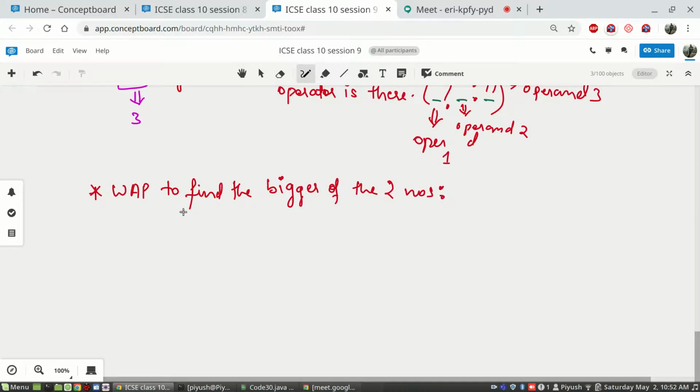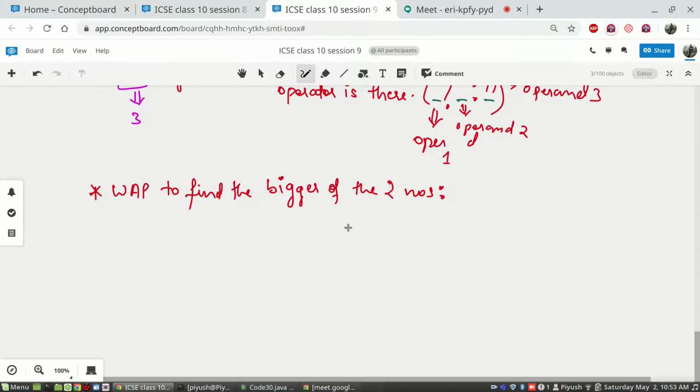Okay, so what we can do is we will take first number. Because it is the bigger of the two numbers, only two cases: either the first number will be bigger or the second number will be bigger. So how many cases are there?